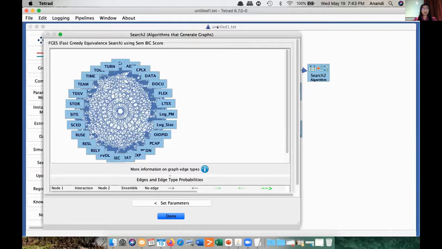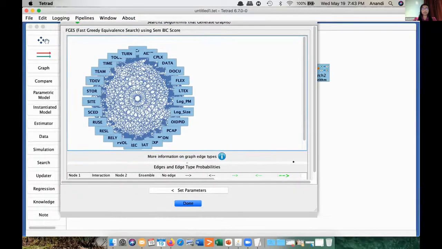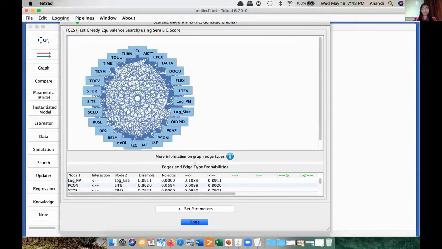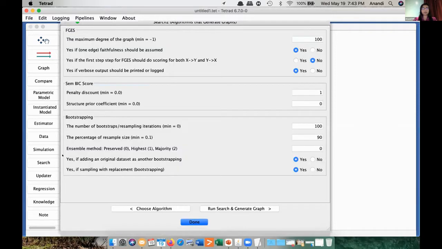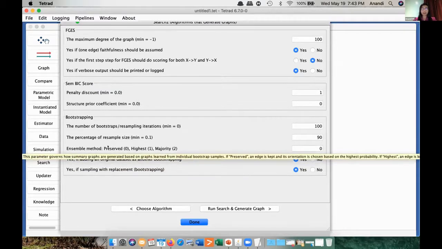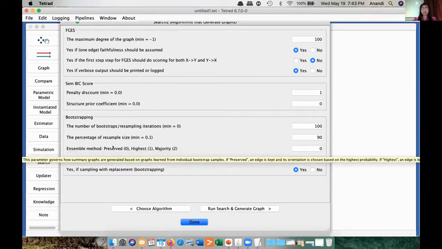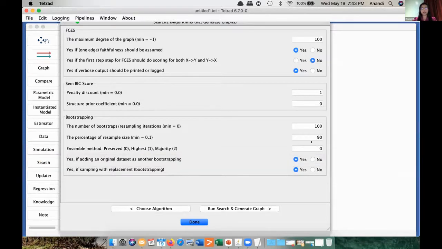All right, now we are getting all kinds of results, right? This looks like a lot. But what it's doing, because actually I didn't explain this, if we go back to the parameters, there are a few different ensemble methods here. The preserved means that any edge that had been outputted or found in your data is going to be kept, even if it showed up only once out of your 100 bootstraps. Okay, so